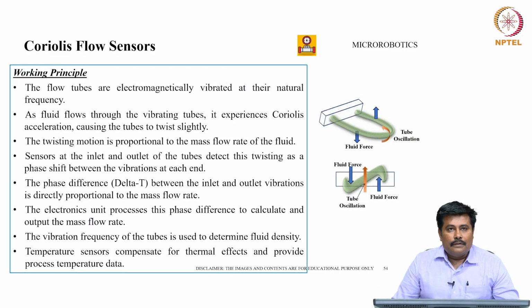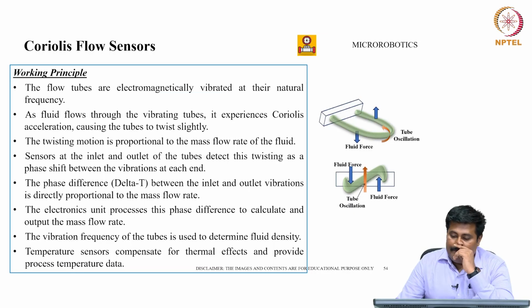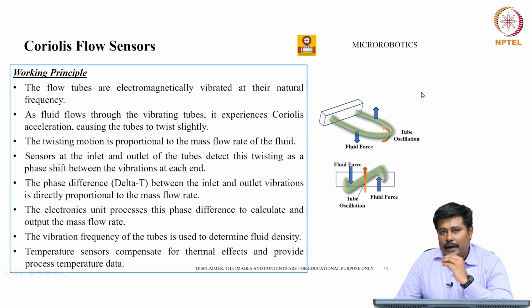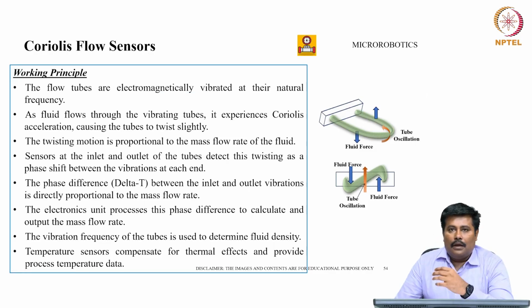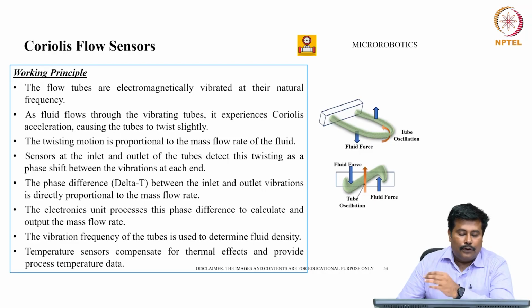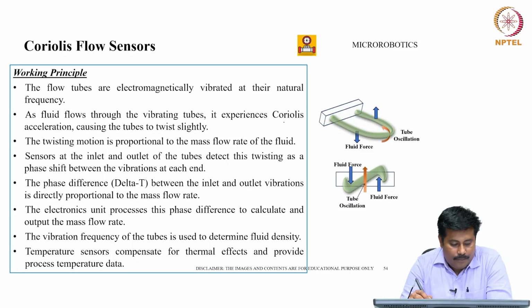Now, when we observe the working principle of this Coriolis flow sensor, the flow tubes are electromagnetically vibrated at their natural frequency. As the fluid flows through the vibrating tube, it experiences a Coriolis acceleration, causing the tubes to twist slightly. The twisting motion is proportional to the mass flow rate of the fluid. Sensors at the inlet and the outlet of the tubes detect this twisting as a phase shift between the vibrations